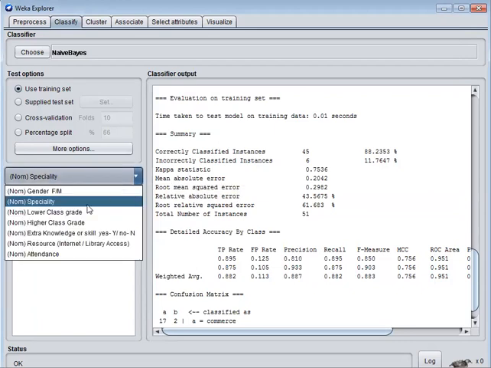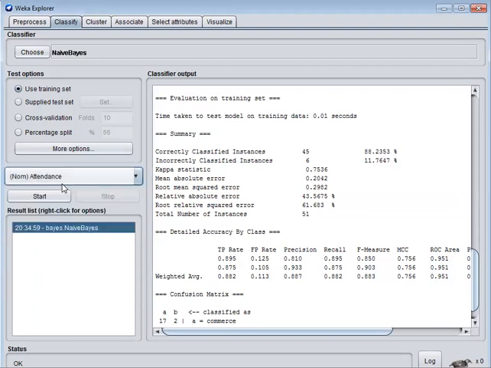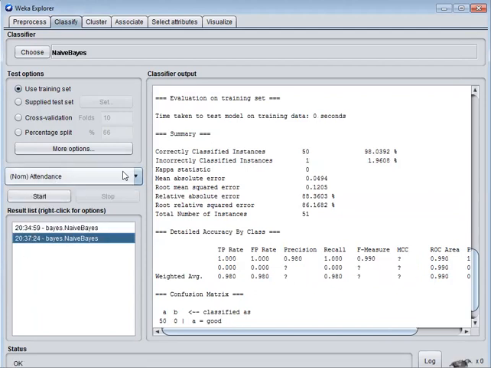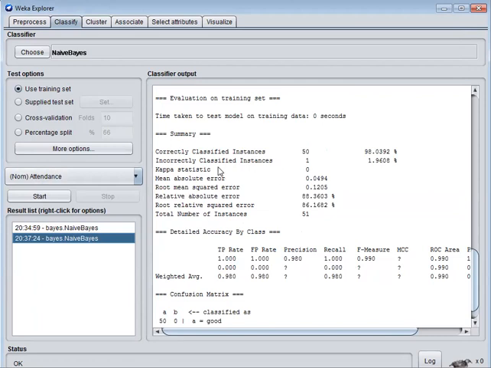If you want to classify based on attendance, we choose the class label as attendance and start the classification. Here the attendance has only two labels, good and poor. The correct classification accuracy is 98% and the incorrectly classified instance is 1%.